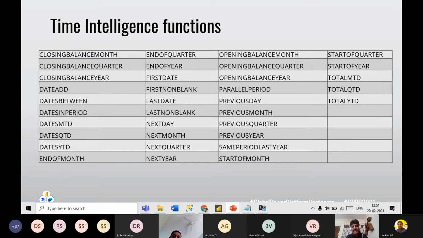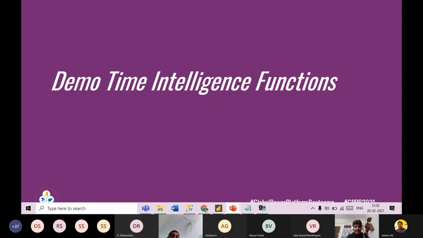So Power BI is providing these. But if you see here, you don't see a time intelligence function for week. I'll show you how we can build our own week level aggregations, all those things. But there is no time intelligence function in Power BI for week level data aggregations and data manipulations. But that we can do on our own, so that I'll show in this session. So let's jump on to a demo using the time intelligence functions.